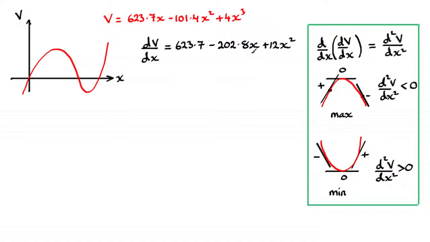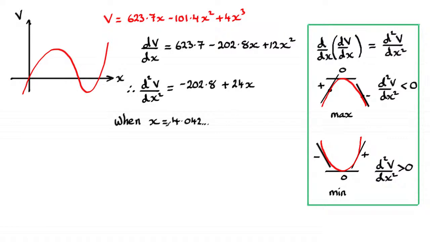Okay, -202.8 plus 24x. That is correct. Okay, both David and Ella get that one? I think you might have missed out the negative, Ella. Okay. But yes, when you differentiate that again, do that double differentiation, that's what you get, -202.8 plus 24x. And what we need to do is test that point that we found, okay, whether it gives us a maximum or minimum. Remember, let's imagine that the graph wasn't in front of us, okay, so we have no idea. So what we would need to do is think about that value of x that we're testing.